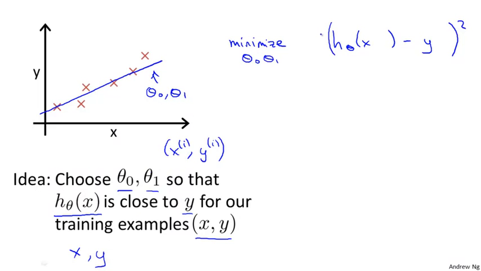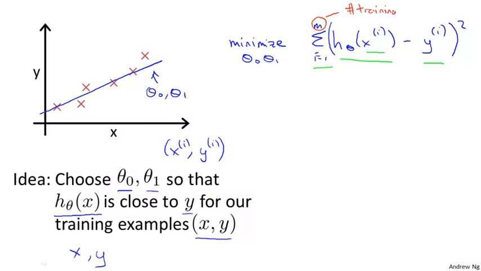So what I want really is to sum over my training set, sum from i equals 1 to m, of the squared difference between the prediction of my hypothesis when it is input the size of house number i, minus the actual price that house number i was sold for. And I want to minimize a sum over my training set, sum from i equals 1 through m, of the squared error, the squared difference between the predicted price of a house and the price that it was actually sold for. And just to remind you of your notation, m here was the size of my training set,